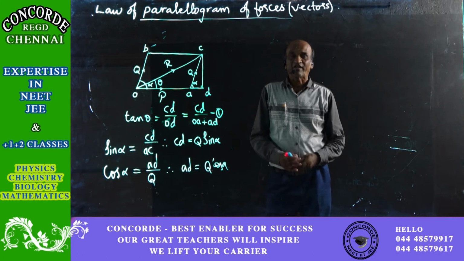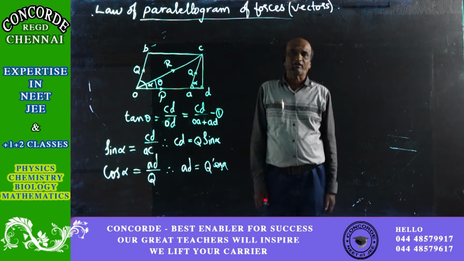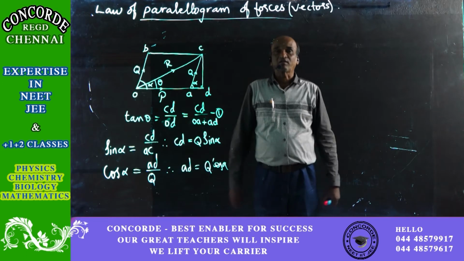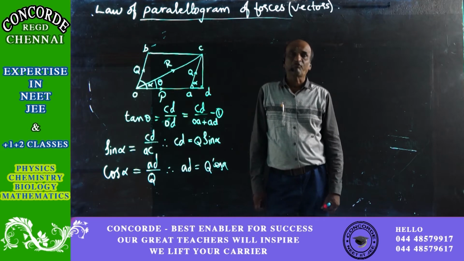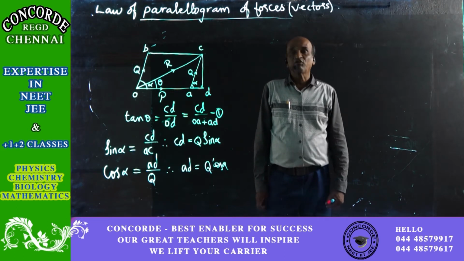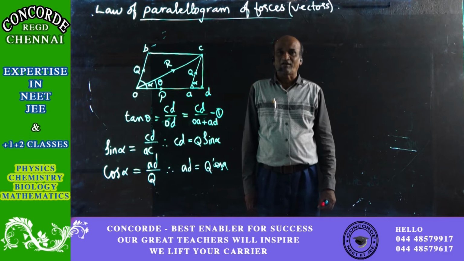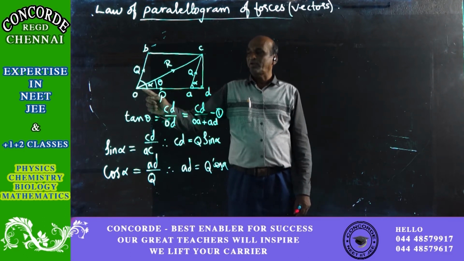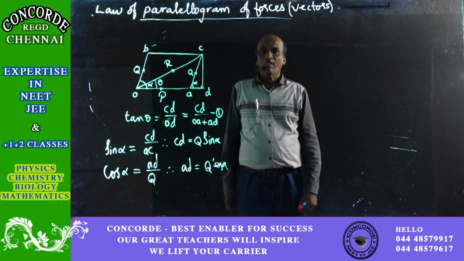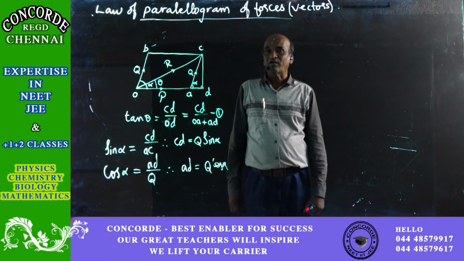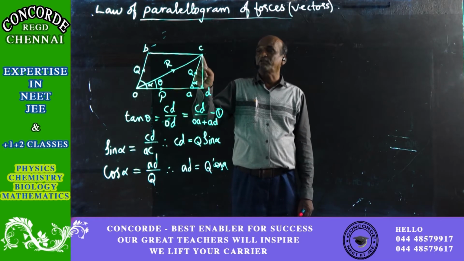After looking into the equation based on the triangle law of forces or vectors, we then will consider whatever be the result that is there on account of the law of parallelogram of forces. We know that this law of parallelogram of forces is only an extension of the triangle law. So, from the triangle law, when we show the two forces in order, that is, the continuity is there, then the resultant will be given by starting from the tail of the first vector to the head of the second vector.